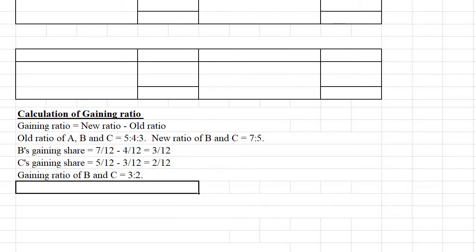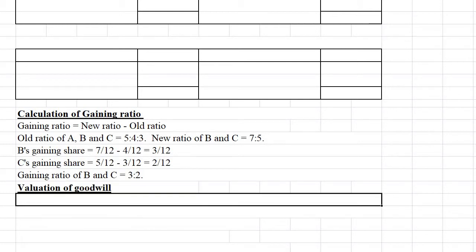So in this ratio we have to share the goodwill. So for that we have to calculate the goodwill first. Let us calculate it. Here it is given that goodwill will be calculated based on the average profit of 4 years, then that will be multiplied into 2.5 number of years. So first we have to calculate average profit.